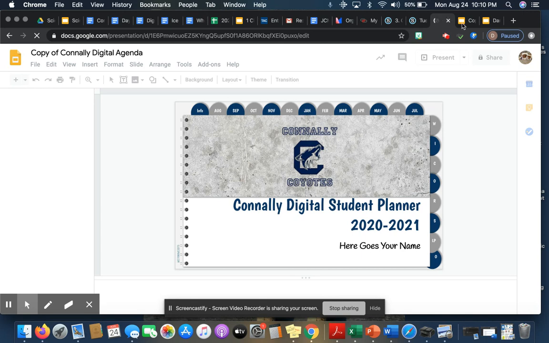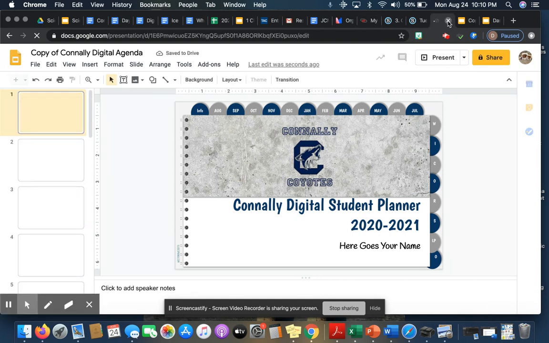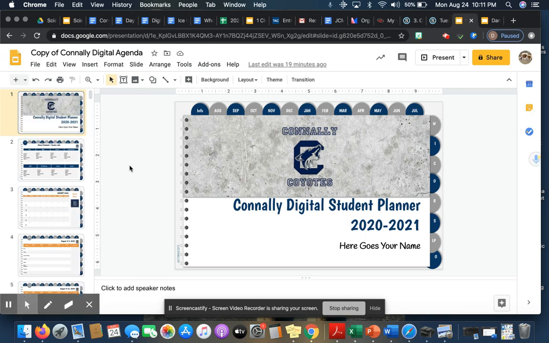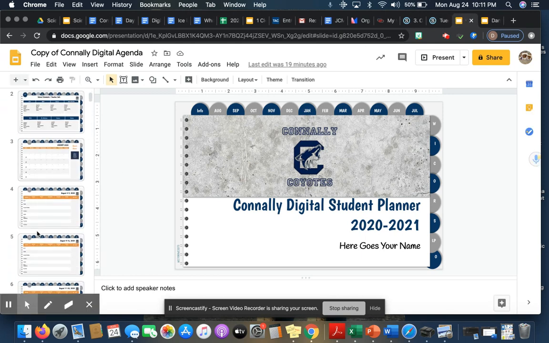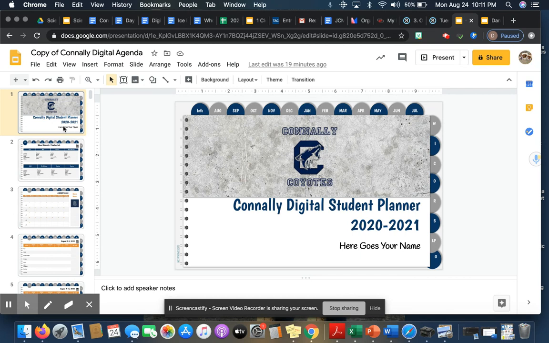Okay. So for the sake of time, I'm going to go to one that I already have opened. This is the planner that's open. It's pretty lengthy. It takes a minute or so to get downloaded. The first thing I want you to do is come up here and change the title. You're going to delete the words "copy of" and type in your name, both your first and last name,